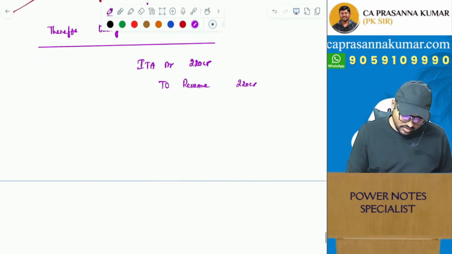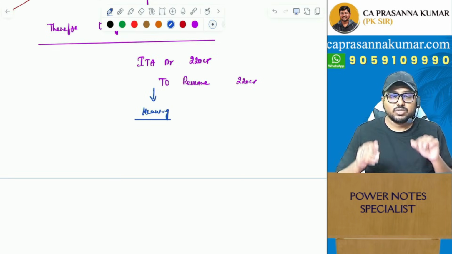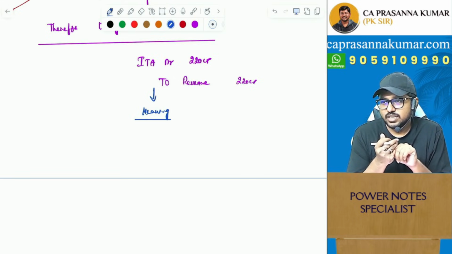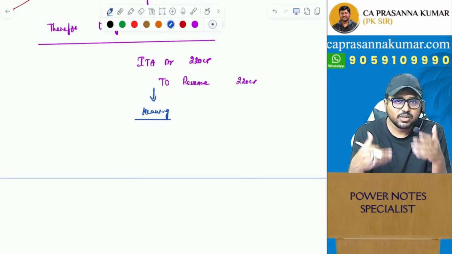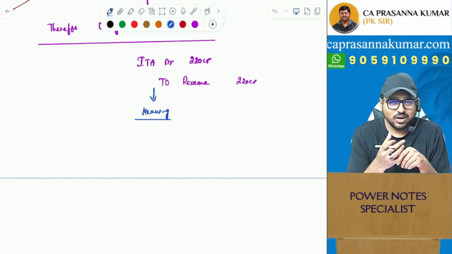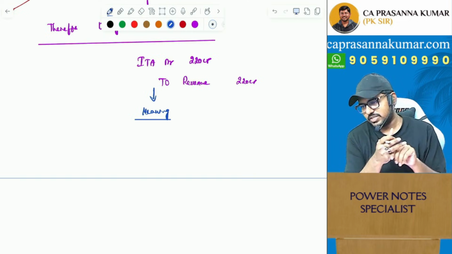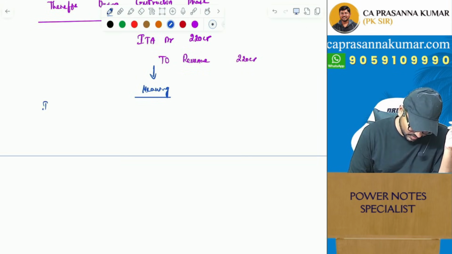So what is the meaning of this? What is the meaning of this entry? I'm trying to open the banana and put it in your mouth. In the sense, it's a Telugu saying where we try to explain things in a very, very simple fashion. I don't know whether people watching in other languages can understand that or not, but anyways, right now the point is this actually means I have